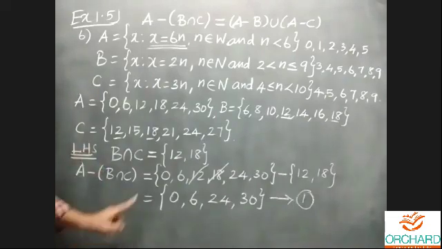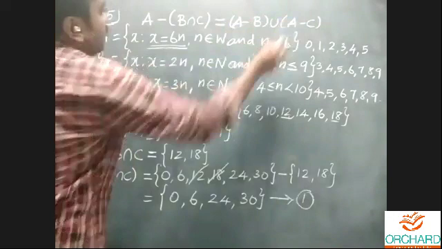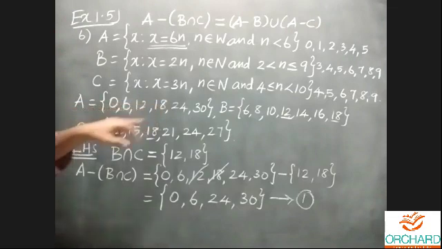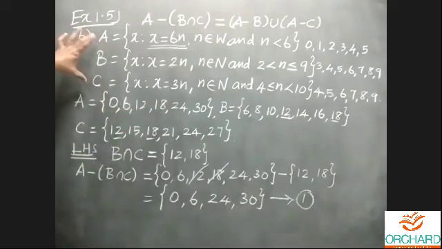The same way you can do it for the right hand side. First one, A difference B, and next A difference C. For the given sets, I'll just tell roughly; I can directly copy from set A, set B, and set C. This is in the textbook. Refer to your textbook.